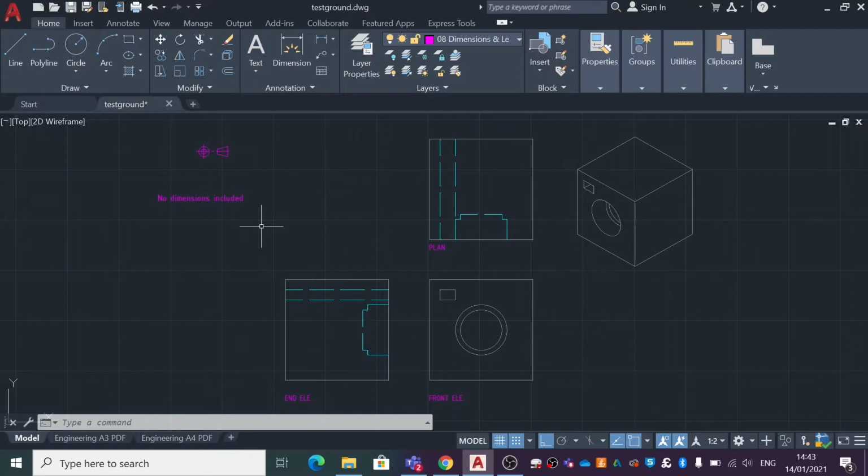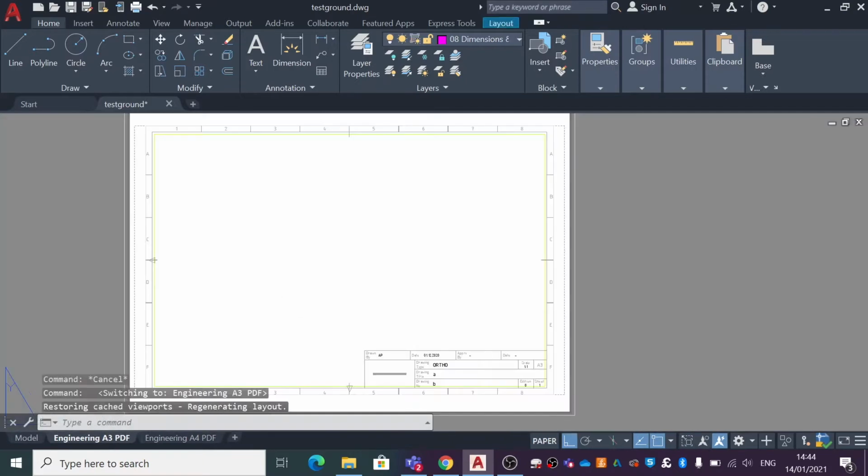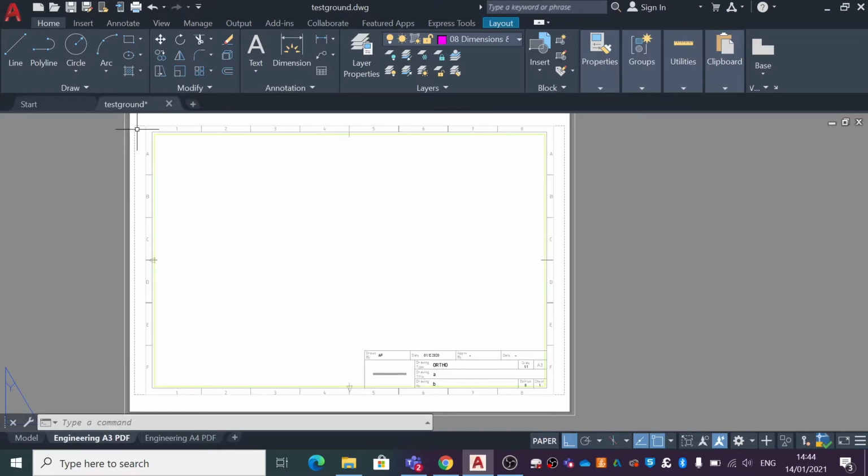So what you need to do is move over onto the Engineering A3 PDF tab. I'll take you to this screen. So here we have a viewport. Round about the viewport you might be able to see a very thin greenish yellow border. If I hover over it you can see that it highlights. That is the actual viewport itself. And the part around about is the drawing border, and you've got a title block as part of that as